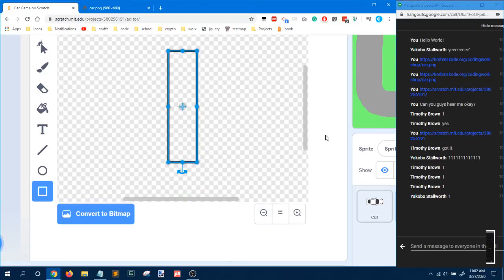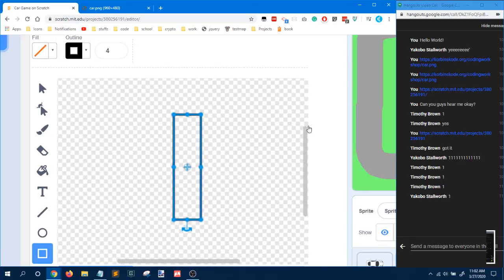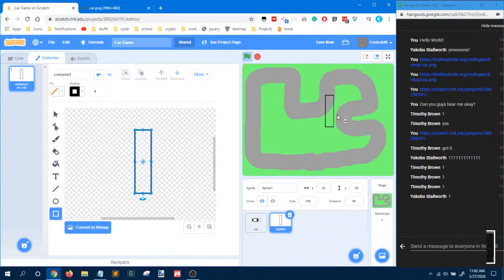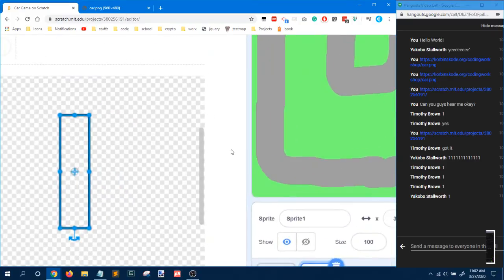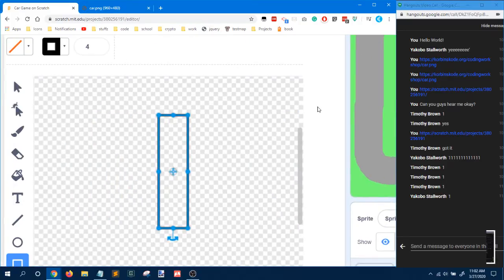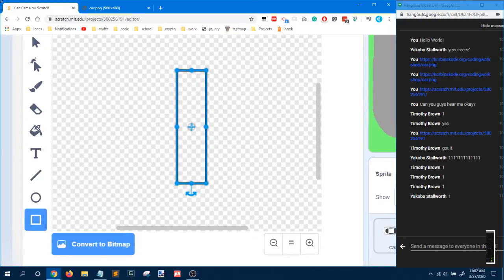I'm going to zoom out a little, like that. I want to see how that looks in the editor. Okay, it's a bit big, but we'll resize it using the size later. Okay. So now that we have that, this part's going to be a little time consuming, but what we're going to do